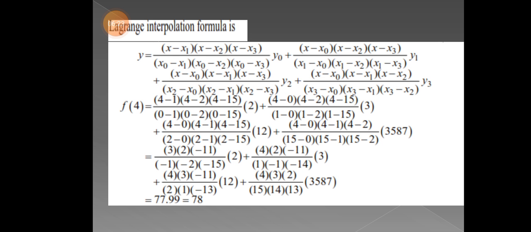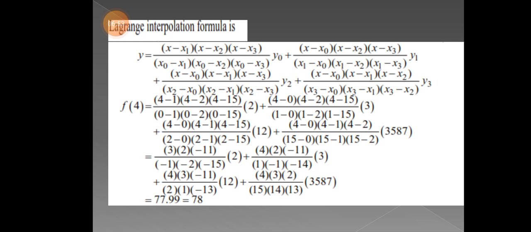What we have seen in the previous video, previous PPT, the similar thing has been written here, and now instead of y is equal to f of x, I'm applying f of 4, because I'm going to find out f of 4. So that I have written here. First value, we know that x is 4. That was given in the question itself, so I've given 4 here.